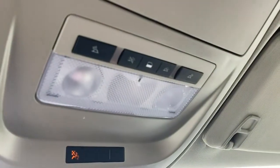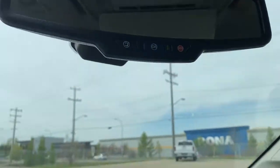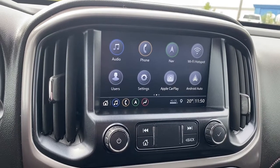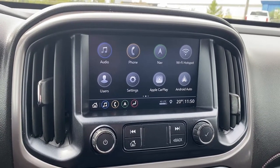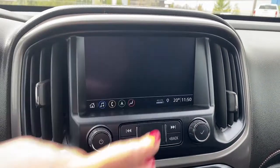Up above, some interior light buttons, a place to store your sunglasses, OnStar in the rear view mirror. This is GMC's Infotainment Center, equipped with Apple CarPlay and Android Auto. This touch screen displays the outside temperature, the time. It's also equipped with navigation,